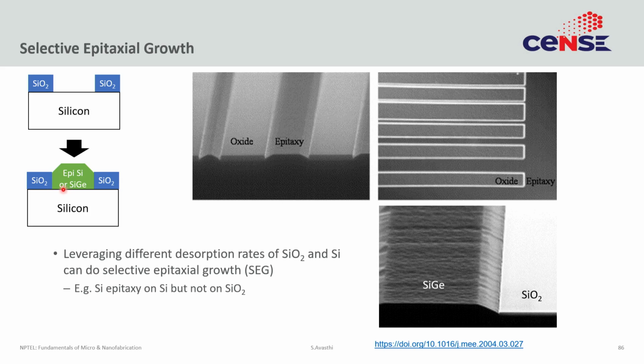So what people prefer is a selective growth where the growth only happens where the exposed silicon is and happens nowhere else. So this is an example from one of the papers where there is oxide, there is no growth happening on the oxide, but there is a hole, and only in the hole you get the epitaxy. This can be done by appropriate selection of precursors. Details I will not discuss, but simply what you are doing is leveraging the desorption and the absorption rates on silicon dioxide versus silicon. Incorporation of chlorine or no chlorine, incorporation of etching and no etching, etc., to try to get selective growth. So I'll just say that this concept exists without explaining to you how it's done.